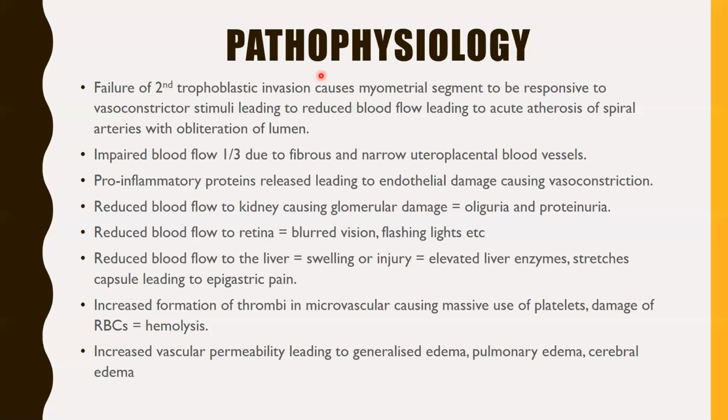So as I said earlier, there's thrombi formation in the vessels because of the massive use of the platelets. When there's thrombi formation in the blood vessels, you find that while the red blood cells are flowing through the vessels, they will come into contact with those thrombi formed in the vessels, and that would cause the destruction of the red blood cells. And when the red blood cells are destroyed, this is what we call hemolysis. And so